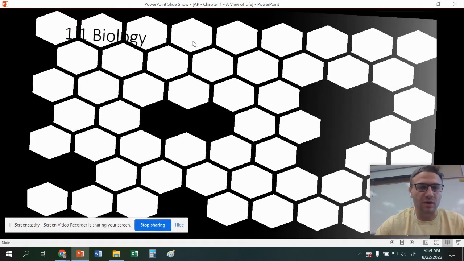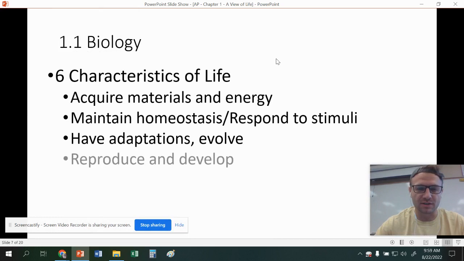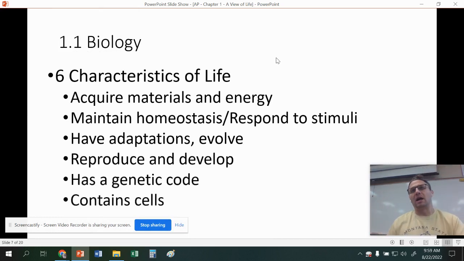So you can see as we're going on here, like 1.1, we're still on the first day, quote unquote, of notes, but this is just the first section, the first day of notes. 6 characteristics of life. You went over this when you went into your 9th and 10th grade biology